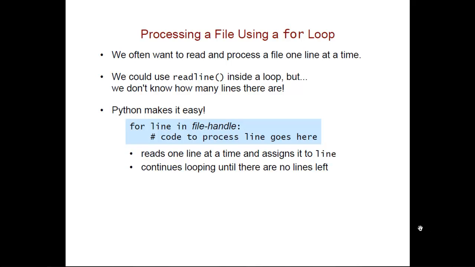So we can just say for line in file handle, where we put whatever our file handle variable is right there. And we can use whatever variable we want here, but usually we're going to use the variable line. And then the body of the loop will be whatever we want to do with a given line. And this is going to read one line at a time from the file, assign it to the variable line, and then we'll be able to process it, and we're going to keep looping until there are no more lines